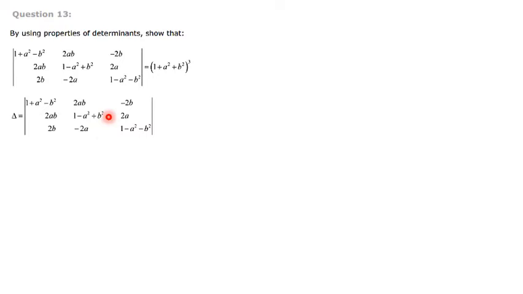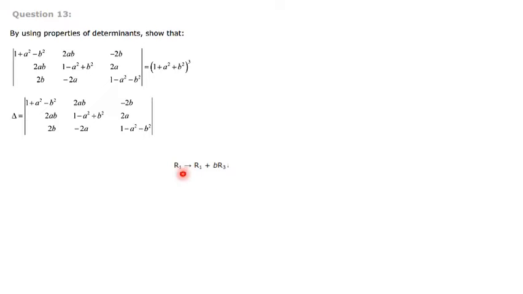So when you subtract, it becomes 1 minus a square plus b square minus 2a square. So it becomes plus 2a square. So finally plus 2a square minus a square becomes a square. So you will get it as 1 plus a square plus b square. So just to forget about the other elements, automatically it will be possible to take out this 1 plus a square plus b square outside. Let's see with that operation.